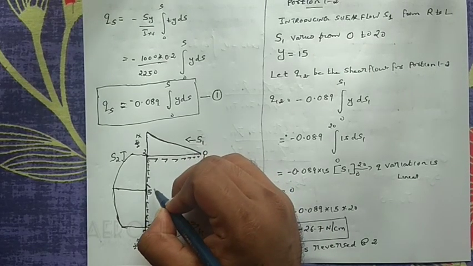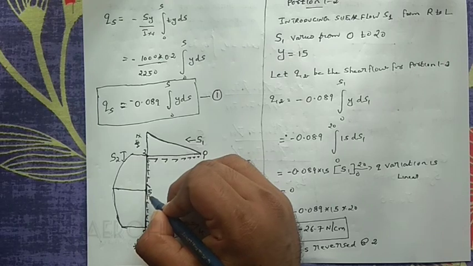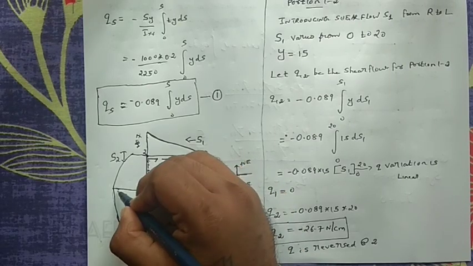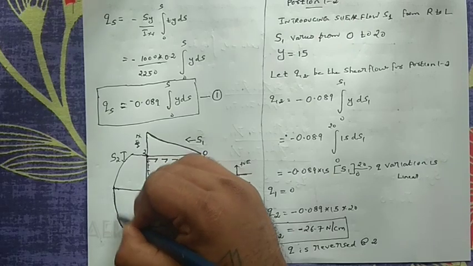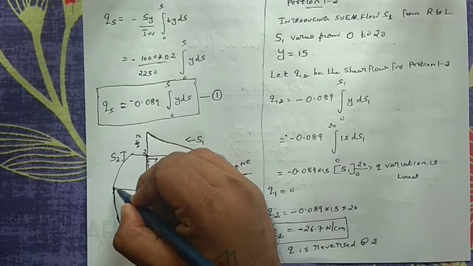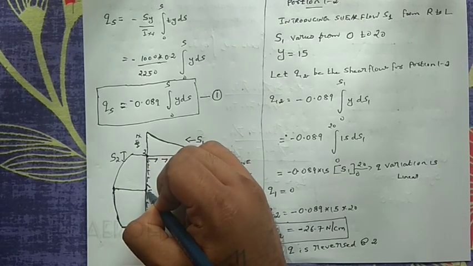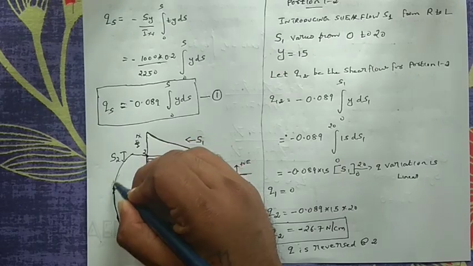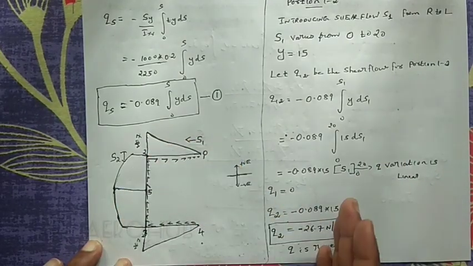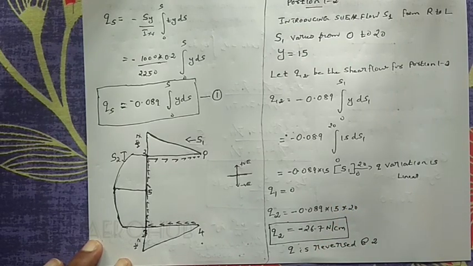That's why we will be having a parabolic shear flow variation in the case of the web. And also we have to understand that the shear stress will be maximum at the centroid. Okay, at the 0.5 will be like the centroid of the entire section. So you will be having the maximum value of shear stress at the centroid. Therefore the shear flow will also be maximum at the centroid, and this particular analysis will be a proof for the statement: shear flow will be maximum at the centroid of the section, similar to the shear stress, which equals the transverse shear stress, which will be maximum at the center of a section.